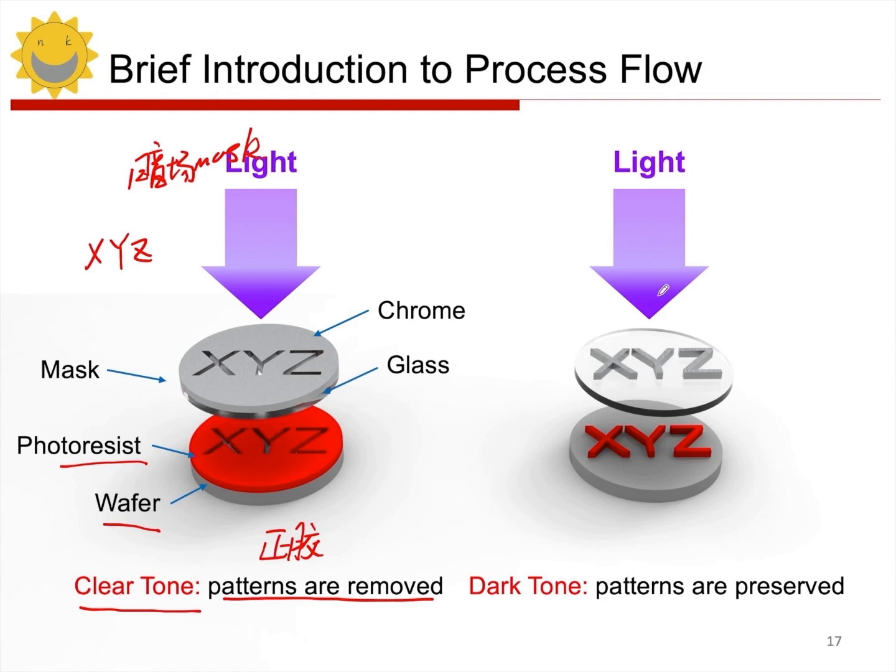If we want to etch away the patterns we drew, we need to use clear tone, meaning that the drawn patterns need to be transparent. If we want to preserve the patterns we drew on the photoresist, we will use dark tone, which is opaque. So opaque patterns will be preserved. This is the concept. Now that we've introduced this concept, let's look at the entire processing flow. First, let's take a look at the first step. What example should we use? Let's use the example of processing